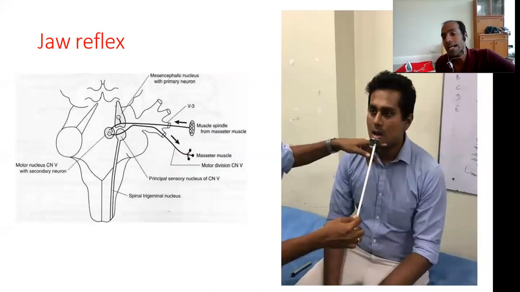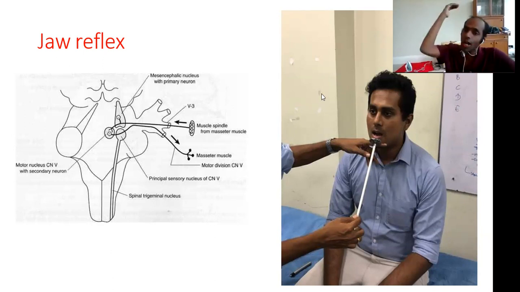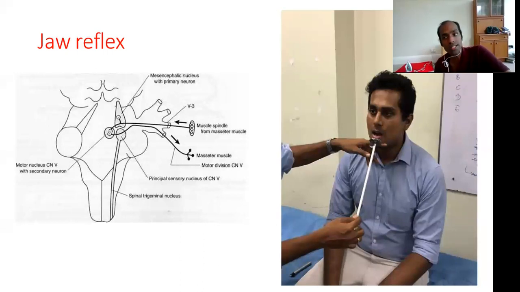The jaw reflex again is an important reflex which is innervated partly by the trigeminal nerve. Now, important things when you're doing the jaw reflex is this: the patient's mouth should be open and your tendon hammer should strike at a 90-degree, write this down, at a 90-degree angle to the masseter. It should strike down at a 90-degree angle to the masseter muscle. And it's better if you can ask the patient to close the eyes when you're doing this, because sometimes